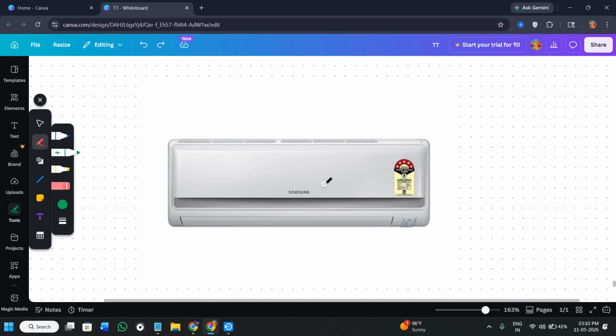Hi guys, if your Samsung air conditioner is showing you this error code that says C422, it means that the system is usually detecting a communication or temperature sensing problem. So in this guide, you are going to learn what this C422 error exactly means and the troubleshooting steps that